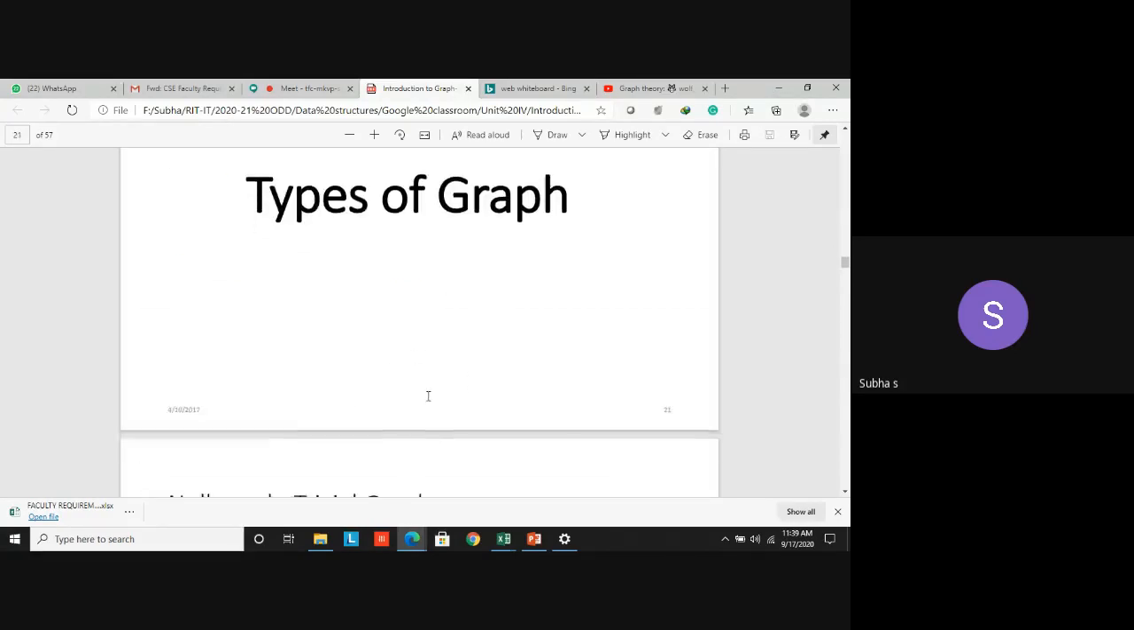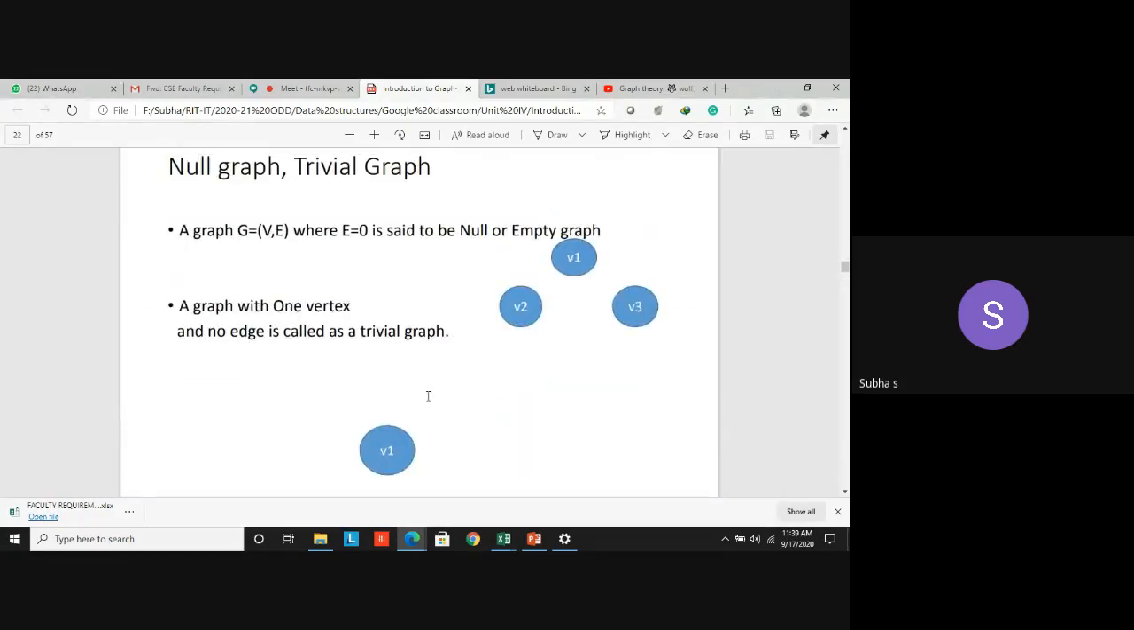Then we saw two more terminologies, null graph and trivial graph. Null graph means it has only vertices. It can have any number of vertices, but no edges at all. That is called a null graph. But what is a trivial graph? It will have only one vertex and zero edges. That is called a trivial graph. Understand the difference between trivial and null graph. In a null graph,